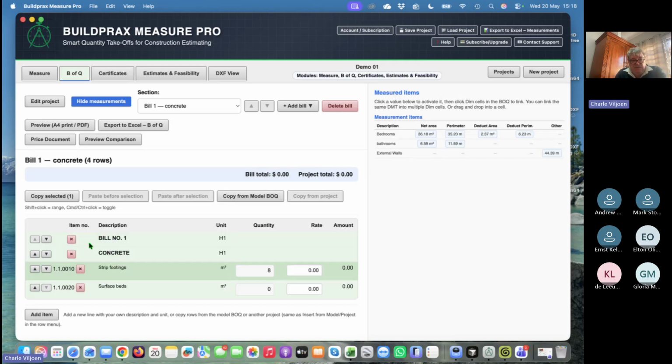So it is just, and then you can just close it, and there's your external footings measured. And you will probably use the same for your walling and the wall heights and so on, and you do that the same way. Let's do just one more for the